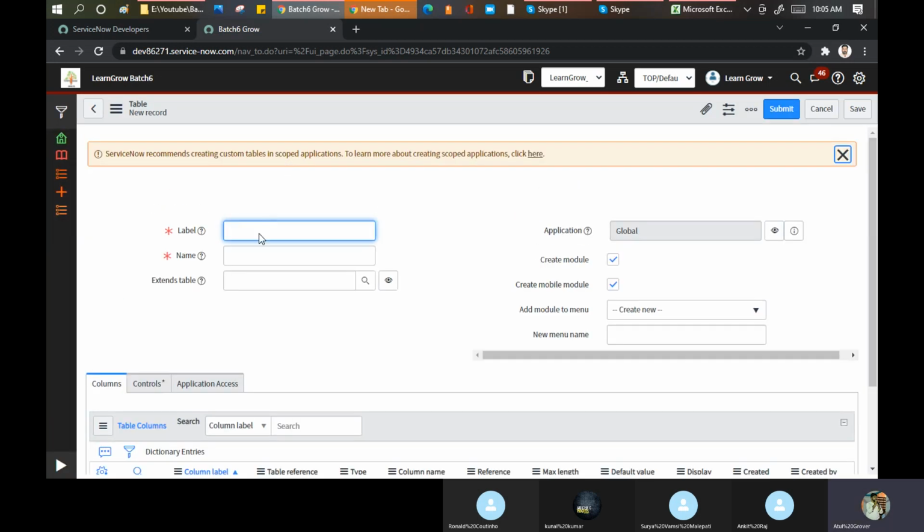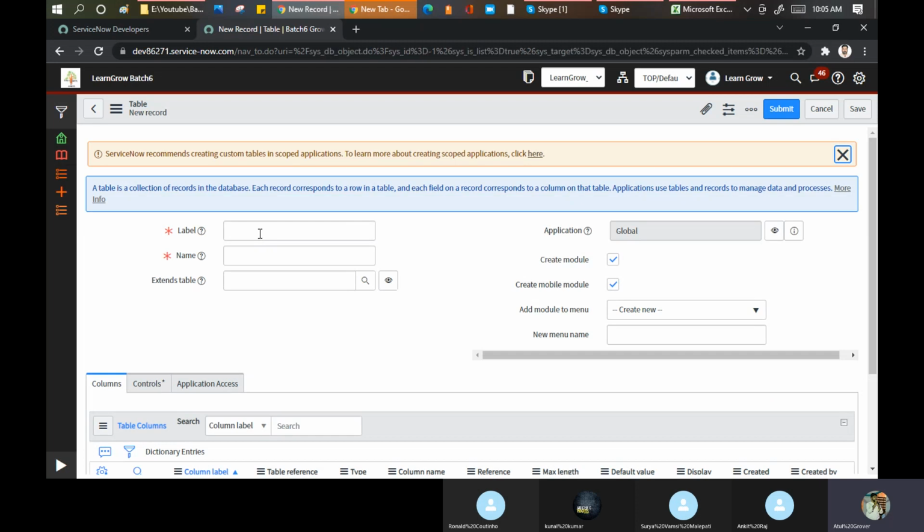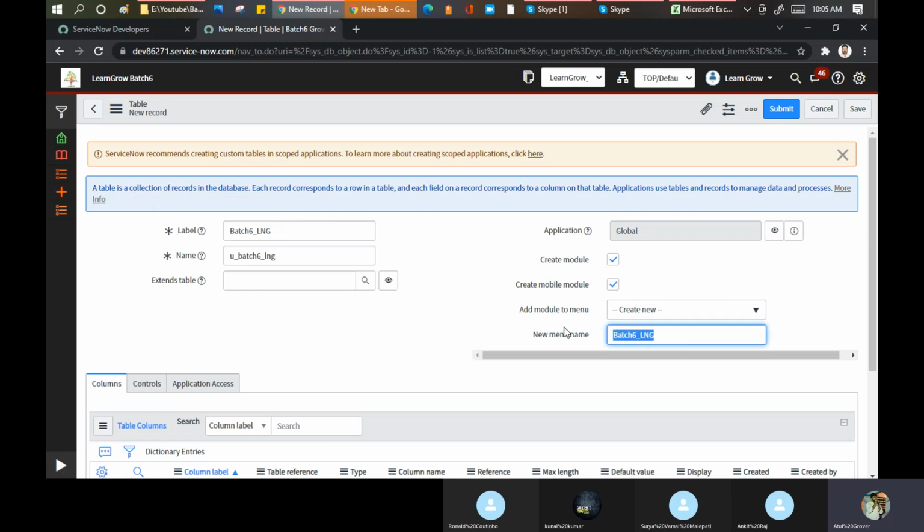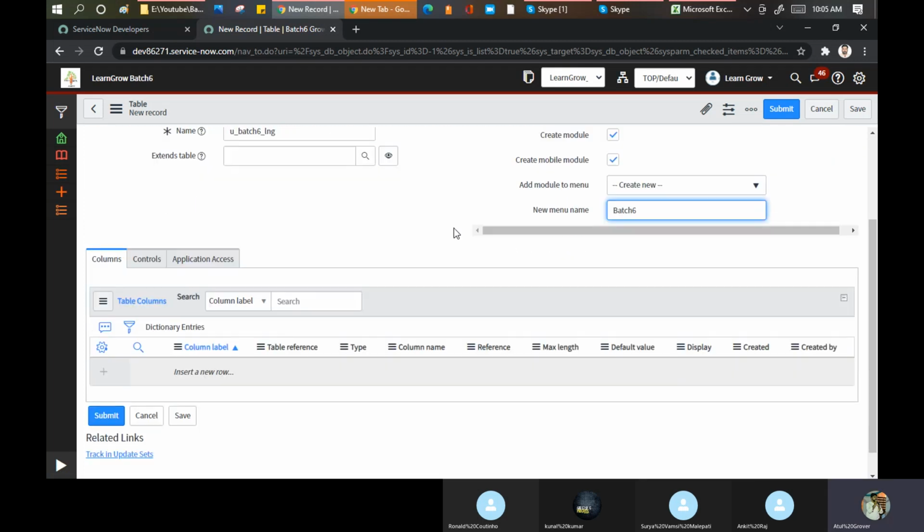I'll put the name as batch 6 LNG. I'm not extending this table as of now, let's keep it a normal table. I want to add a module, yes, and the menu name is batch 6. Now, if you go here, you can see these options.